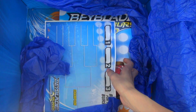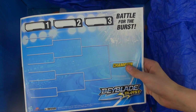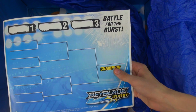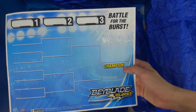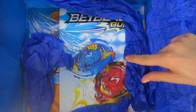And then after this, which is really cool, and I remember seeing these with Metal Fight, it's like this little tourney thing. So you'd have bladers for these brackets and they'd compete, and then after semifinals and finals there'd be a champion, and it's Battle for the Burst. So that's really cool. Something else they actually do have in this box, which is the last thing that's in there, is a really awesome